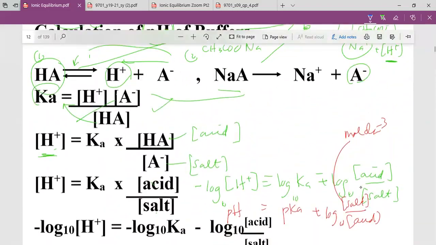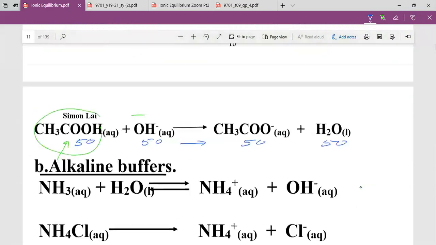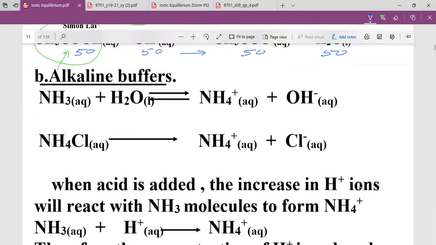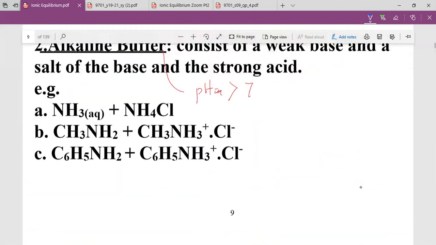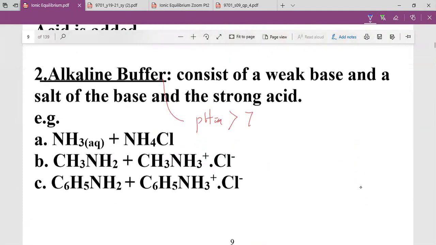Okay, now here, look at here. This is for alkali ones. Now, alkali buffers are very simple. Alkali buffers are formed when a weak base, it must be a weak base, plus also partially dissociated. Remember,